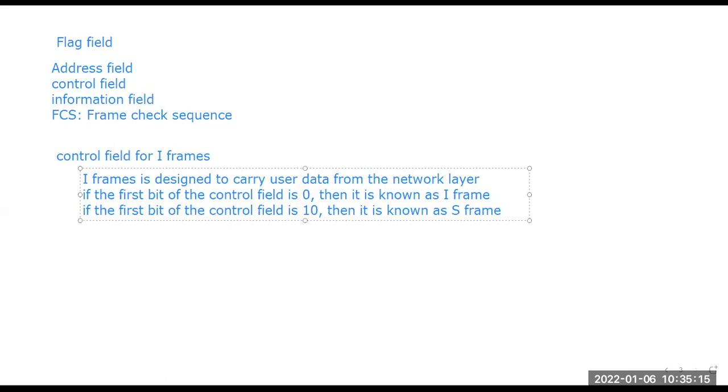So what is the term payload? This payload is a new term. The field defines what we need to carry. By default it carries either user data or control information. Similarly, it will have an information part, either user information or management information. The payload is similar to that user information or management information. That is the part of the payload field.